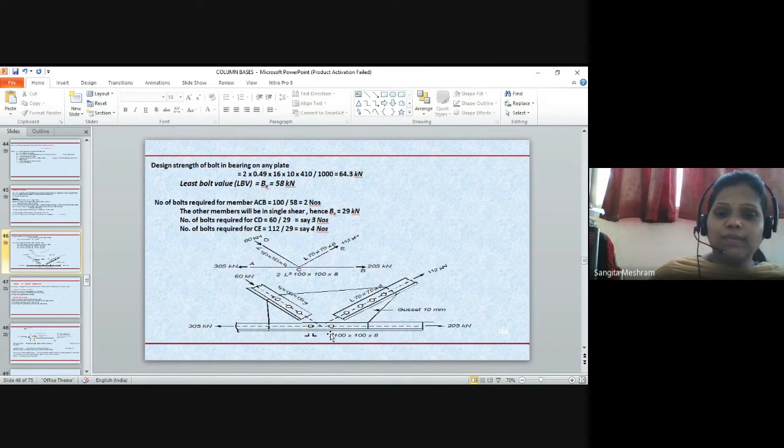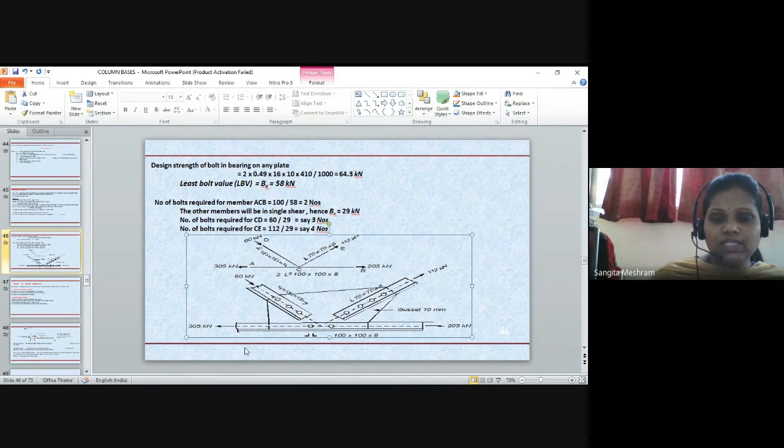So suppose AB member के लिए आपको find out करना है, so you have to use the load value divided by strength. जो minimum value रहेंगी bearing और shearing, दोनों में से जो minimum value है that should be used to find out the number of bolts. So you can find out the number of bolts for different members. Just see the figure. This is the ABC member, then the DC member is there, the CE member is there. So the ACB member is a continuous member. So the load is acting away, so we have to deduct. Okay, subtraction करना है.